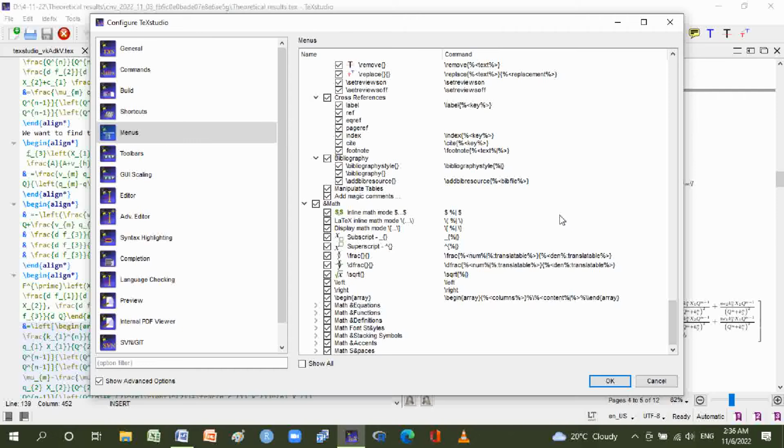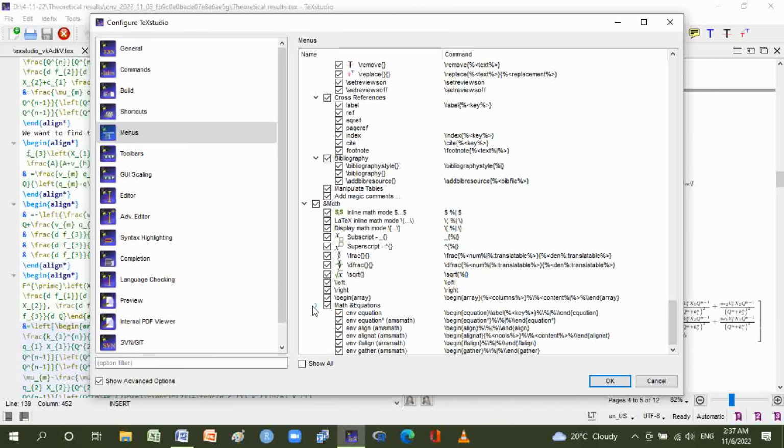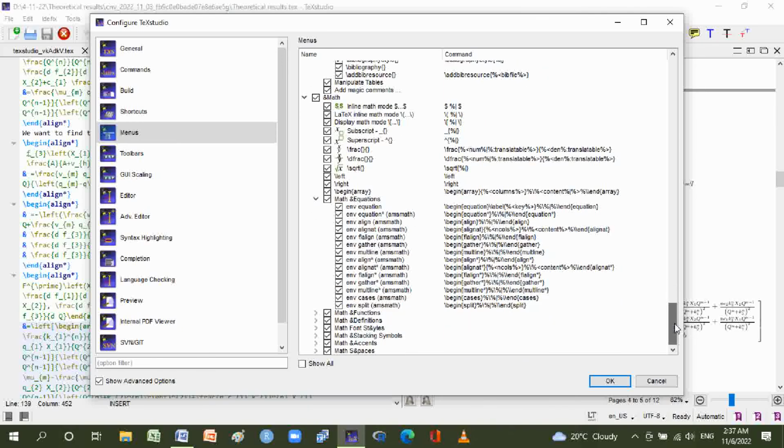For fraction it is frac, for dfrac this command is used, and square root, left right, and begin array, and in Math and Equations are also available, in which we see that